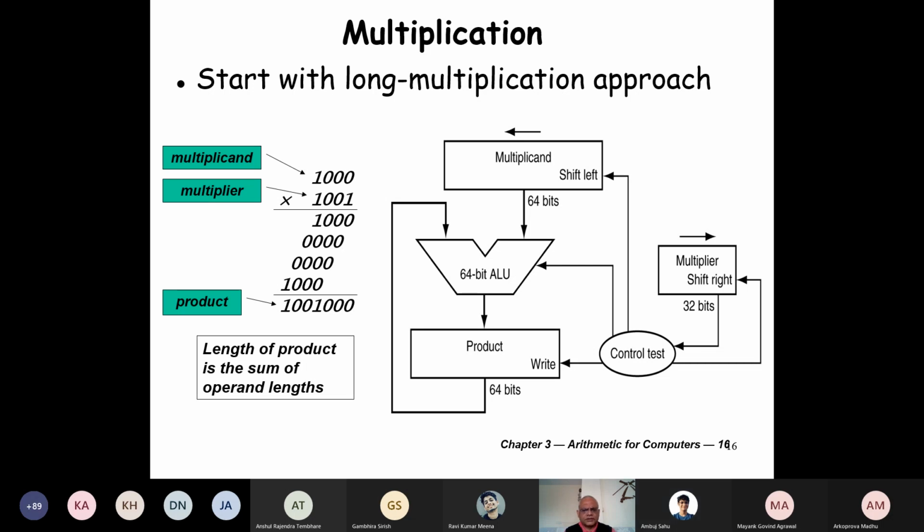Ambuj, yes. So for this representation shown in the left, is it not a 2's complement representation? Because the addition is done directly. It is. Yeah, no. Right now, we will ignore the sign.